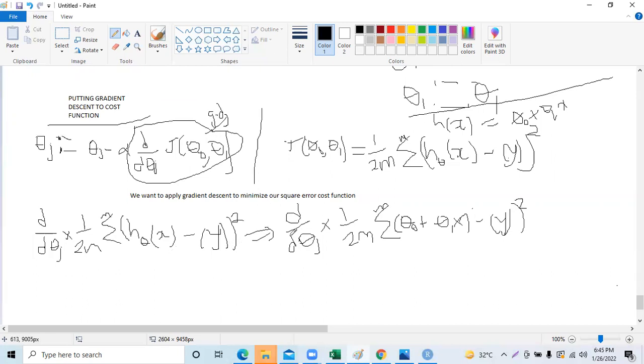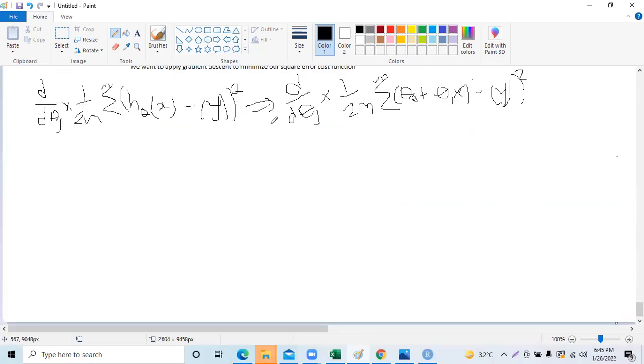Right, so this is what this gives us. Now to figure out the partial derivative,